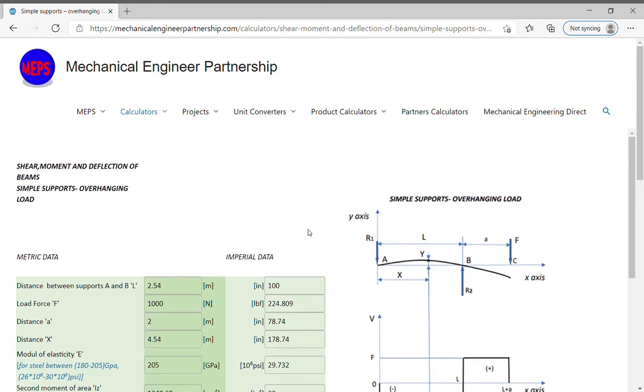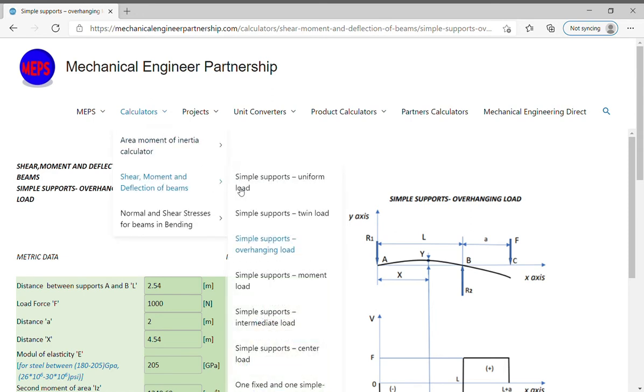Hello. In this video we will introduce you to how to use the simple supports overhanging load, shear moment, and deflection of beams calculator on the Mechanical Engineer Partnership website. In the menu bar choose calculators and then choose shear moment and deflection of beams, and then choose simple supports